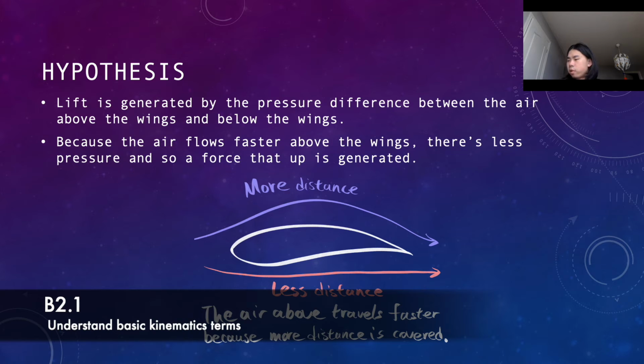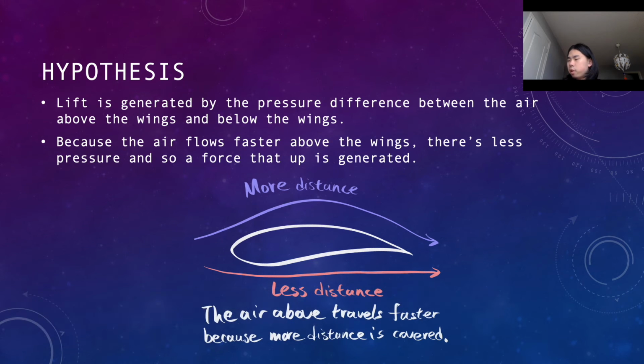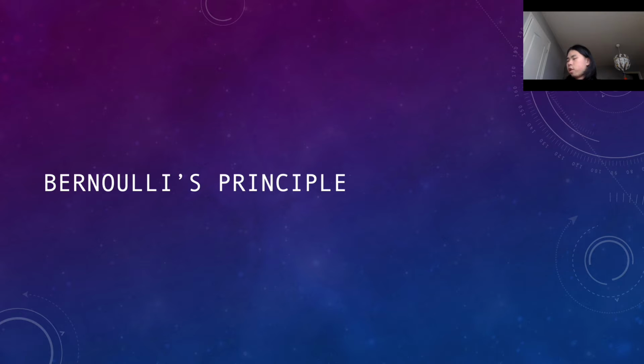Before I did my research today, I never learned anything formal on lift, and I remember being taught this theory about lift generation. It was a very long time ago and my memory was blurry, so I had to do some additional research to refresh that memory. Basically, this theory states that lift is generated by the difference of air pressure above and below the wings. According to a certain equation called Bernoulli's principle, pressure is lower when a fluid is flowing faster.